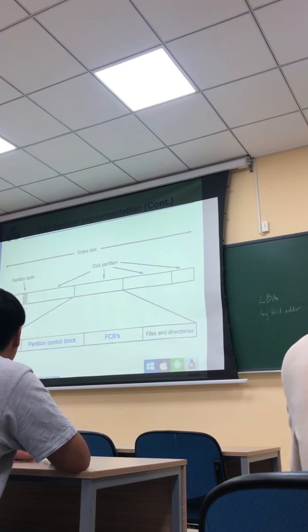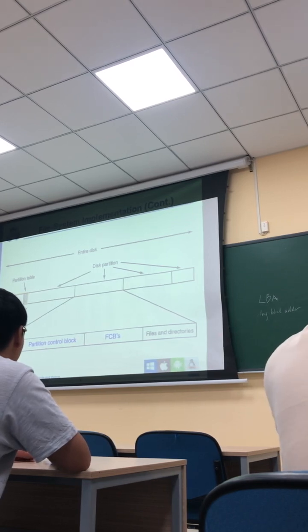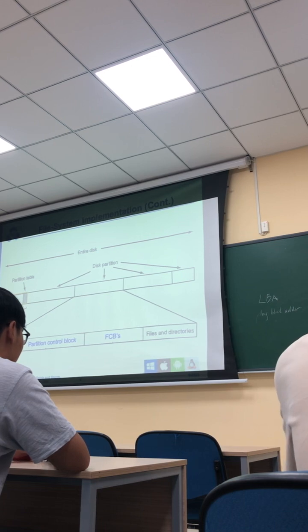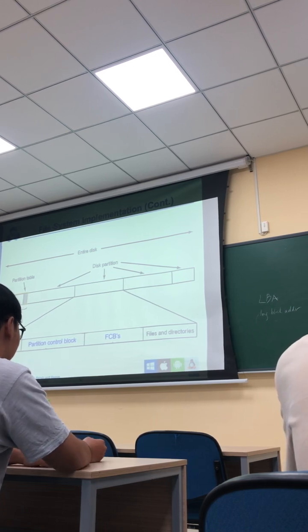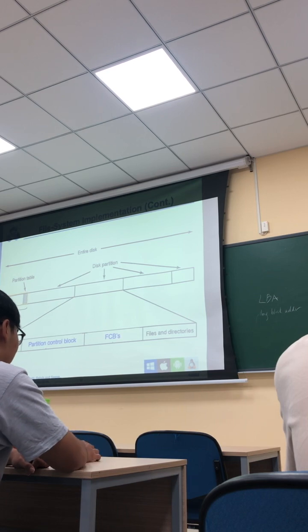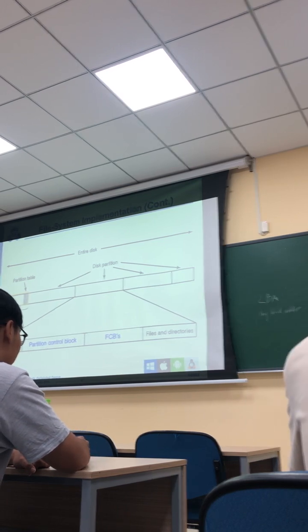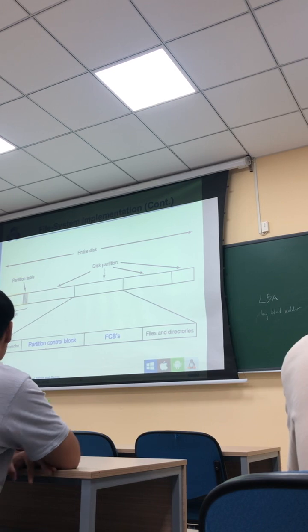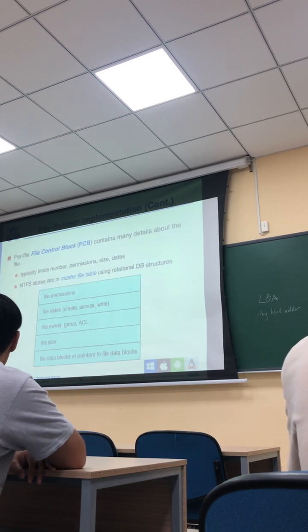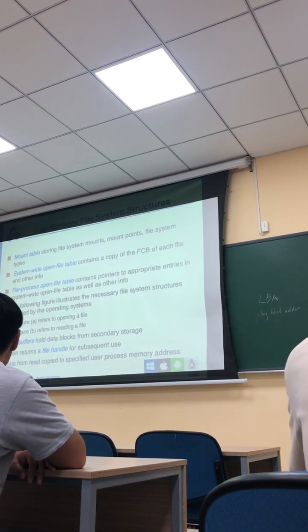So you see the FCB, files and directories. So we will have a directory structure to keep the information about files and directories in the partition. This means that we will have a long list. Okay? So now, if we want to open a file to do something, to read or to write, this means that you must search for the information of this file on your disk, in your directory structure, and it takes time. So that's why we have this one, the open file table. So each time you open